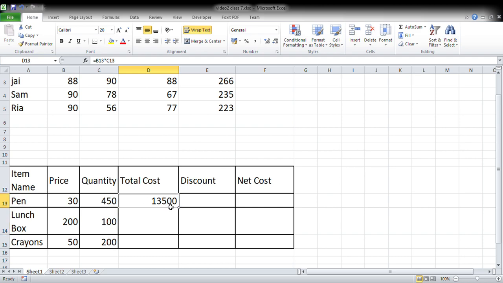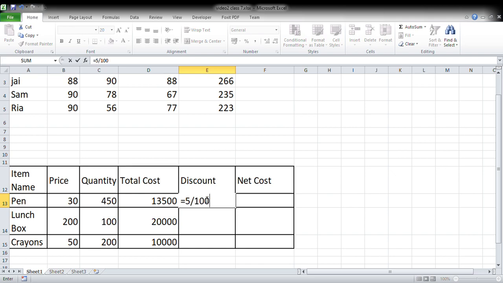Now again place your cursor on the lower right corner. The cursor will change to a thin cross sign, and then drag it to apply it for the other cells. Now we have to find discount as 5% of total cost. So we will write equal to 5 upon 100 into total cost.